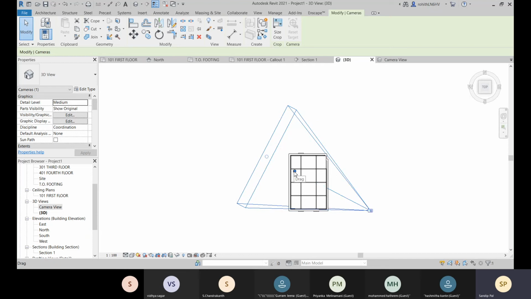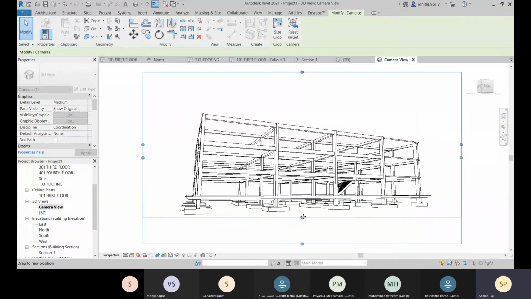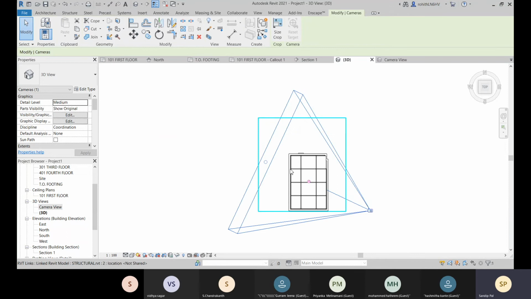So now you cannot select that pink little grip. So press tab after placing the mouse pointer. Press tab, and it's highlighting now, and now you can click and drag. So like this you can change. Okay, now you can change this field of view, that FOV. So you can come to this camera, and here you can change it. This one you can change like this, and here you can see that it has been increased. So this is how you can simply create your camera.